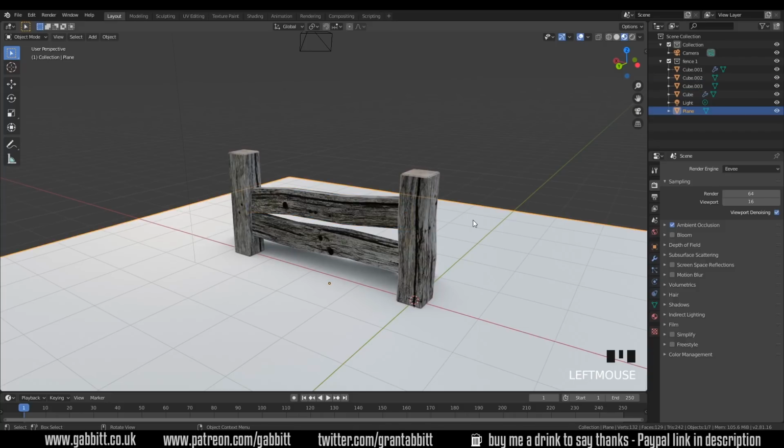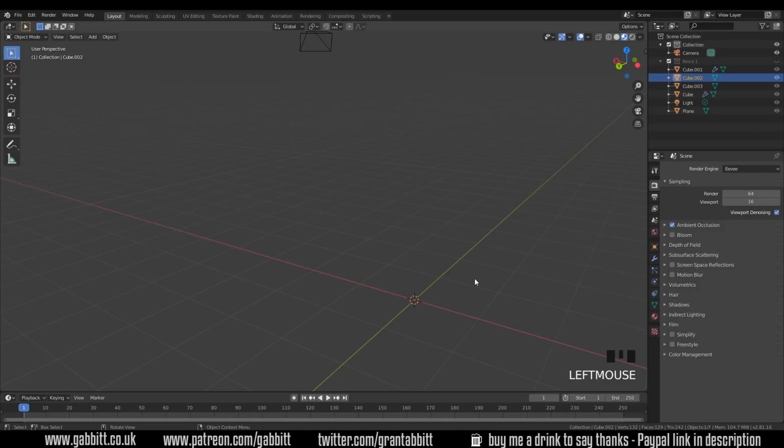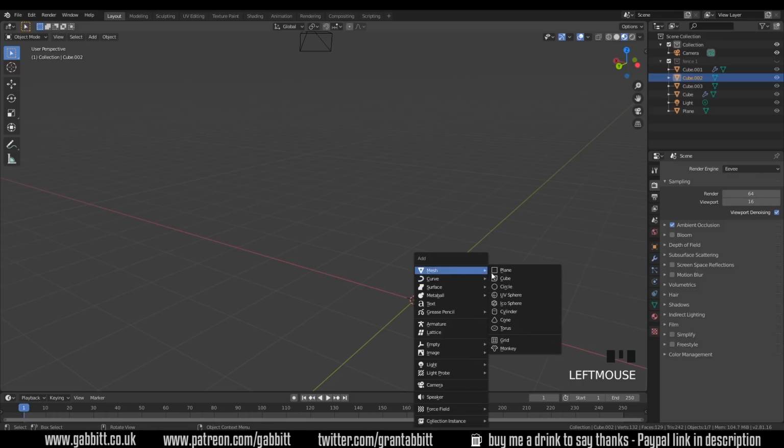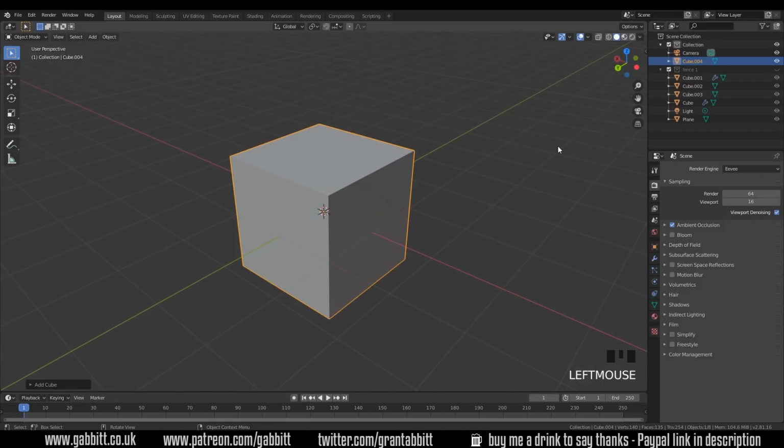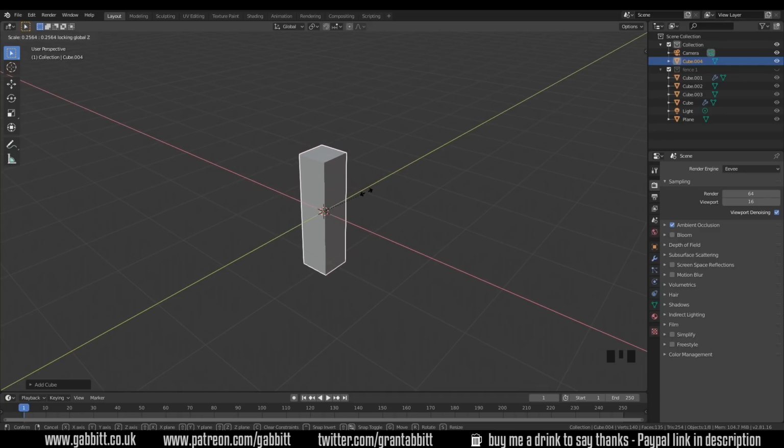So what we've got is a plane, and we've got 2 posts and 2 cross beams. I've put them all in a collection, so I'll hide those, and I'll go back to the beginning. And I'll add my cube and go back to solid mode so I'm in the same place as you are. I've got the screencast keys down the bottom here thanks to J and M, and I'm just going to resize my cube, so S to scale, Shift Z so it doesn't scale on the Z axis,